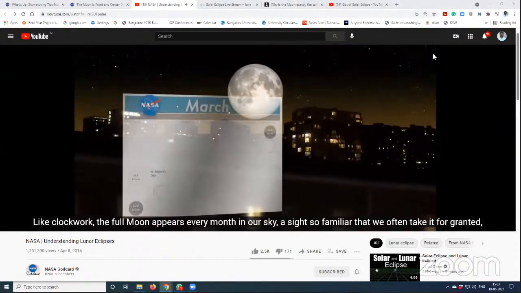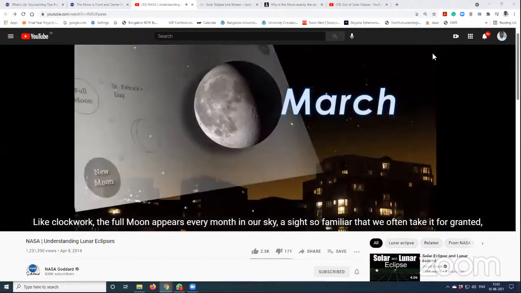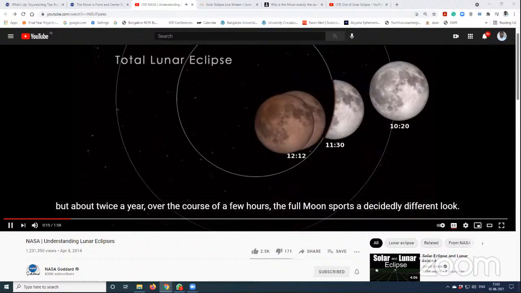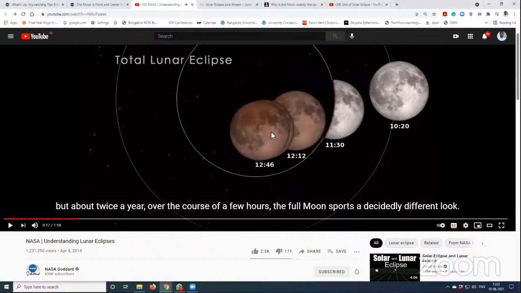Remarkably, the full moon appears every month in our sky, a sight so familiar that we often take it for granted. But about twice a year, over the course of a few hours, the full moon sports